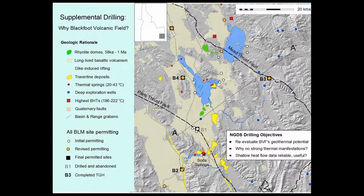In addition to the young rhyolite domes, as well as the older rhyolite dome to the north, other features of geothermal interest include extensive travertine deposits shown in yellow, and low temperature springs, including those in this area around the town of Soda Springs, where a recent study